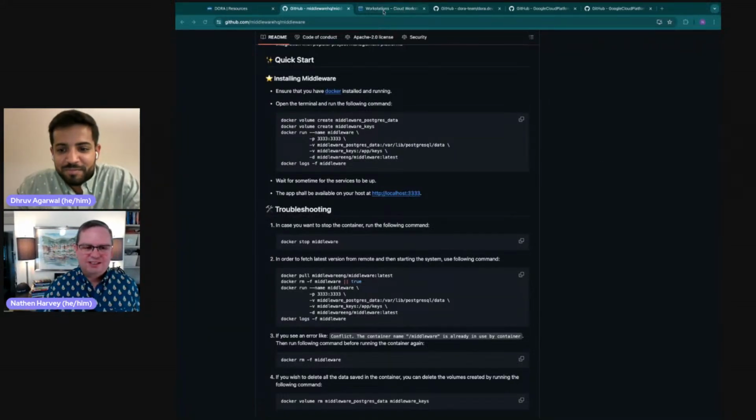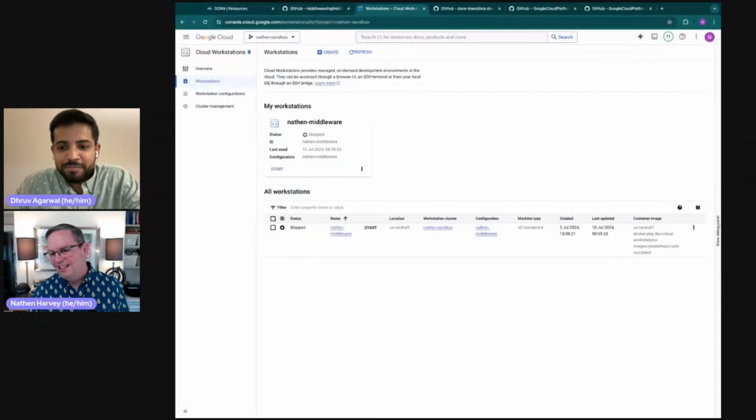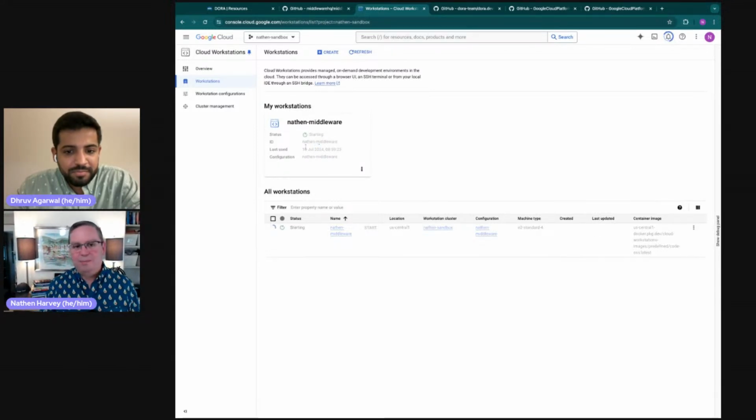Awesome. Well, I love playing with new technology, and it looks like it's easy to set up. Let's go ahead and test that out. So I'm actually going to jump over to Google Cloud because of course that's where I work. So I use Google Cloud all the time, and I'm going to use a particular feature of Google Cloud called Google Cloud Workstations. Let me just click start, and I'll tell you a little bit more about workstations while my workstation is booting up.